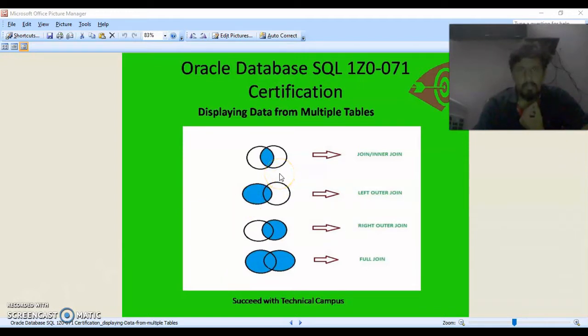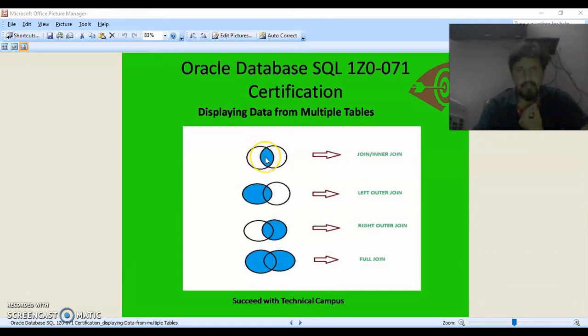The foremost join is natural join, or you can say inner join. Suppose in a figure there are two circles treated as tables.